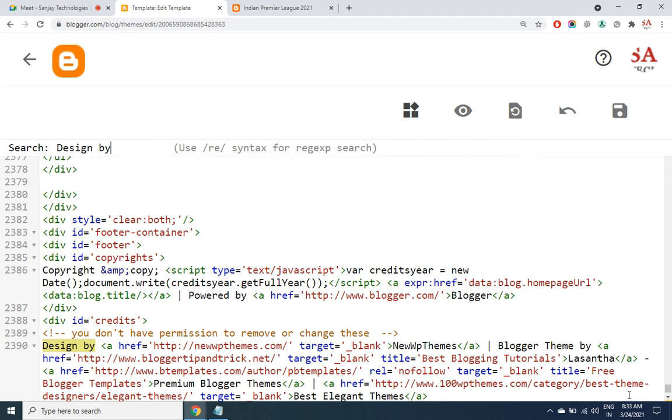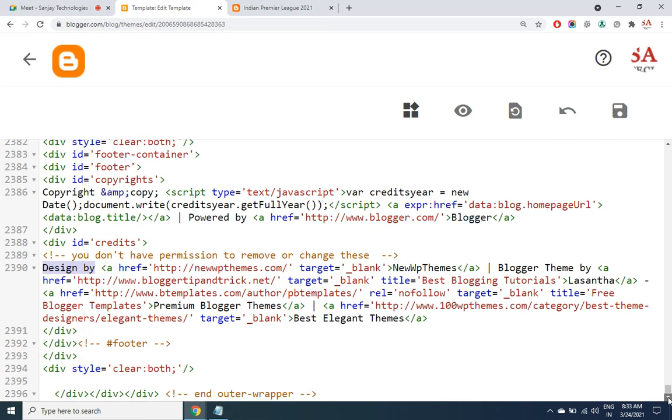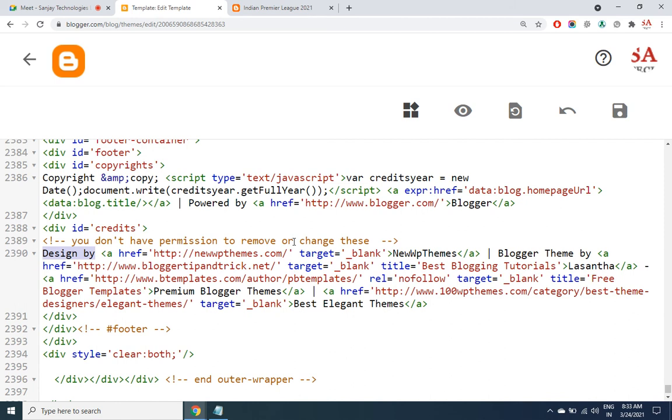Here it is. So what it says is, you do not have permission to remove or change this. Though this message is given, you can still remove it. It is because they just want to have the credit from your website. Because they are giving you a free theme, they would like to have this credit. So I can delete this entire section of the code right from the opening div to the closing div.